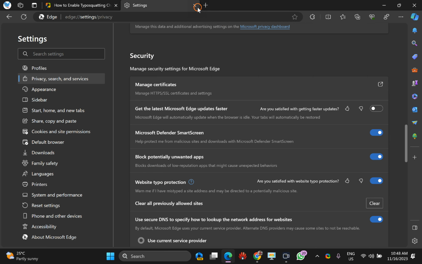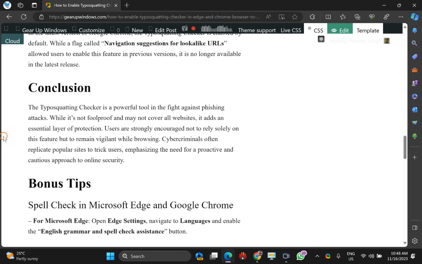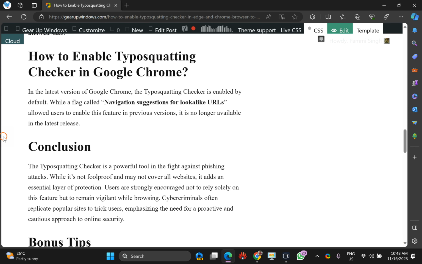And if you are using a Chrome browser and you are using the latest version, there is no need to do any setting. By default this is enabled on the latest Chrome browser version. And if you are using an old Chrome version, you need to enable a flag named navigation suggestions for look alike URLs.